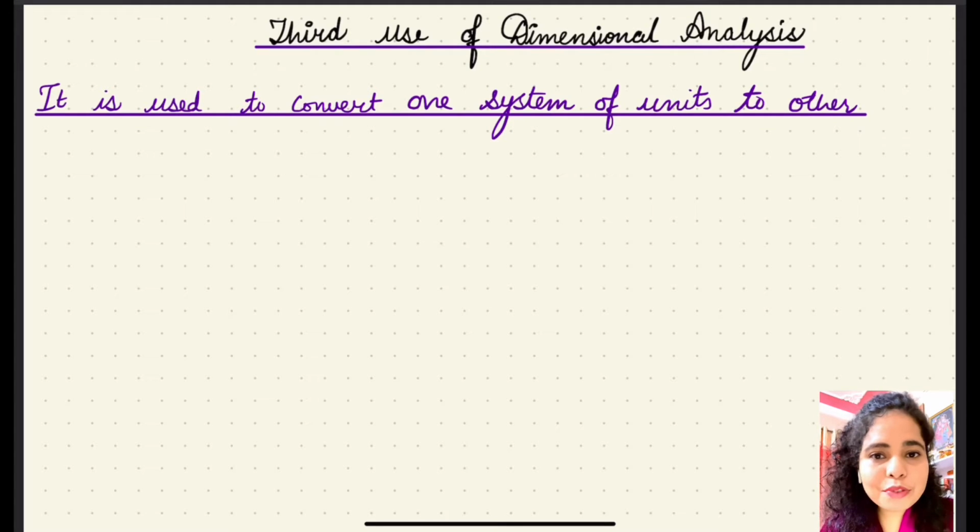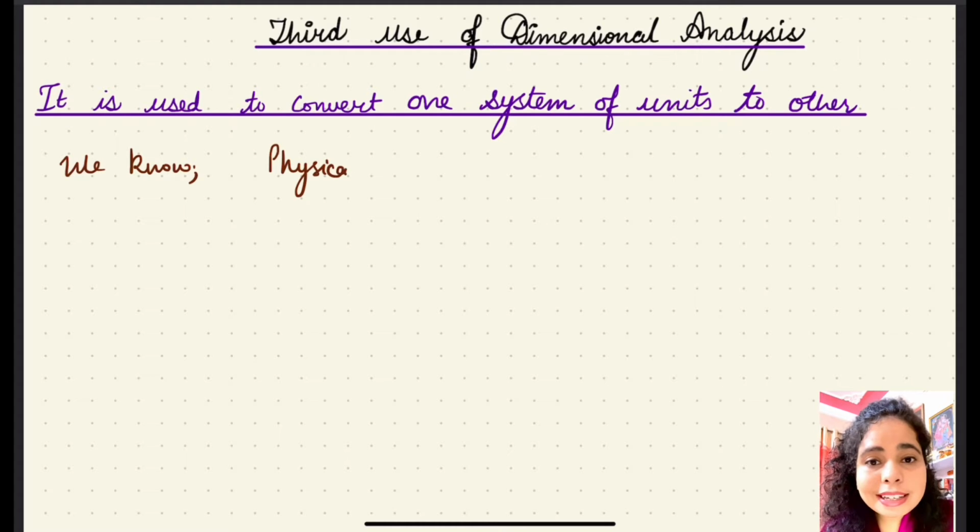This is Unit 1, Physical World and Measurement, for class 11th, and we are discussing the uses of dimensional analysis. The third use which we are going to talk about today is to convert one system of units into the other system. In order to do that, we need to consider a physical quantity, and we always express a physical quantity as X = nu, where X is a physical quantity, n is the number of times it is contained, and u is representing a unit.